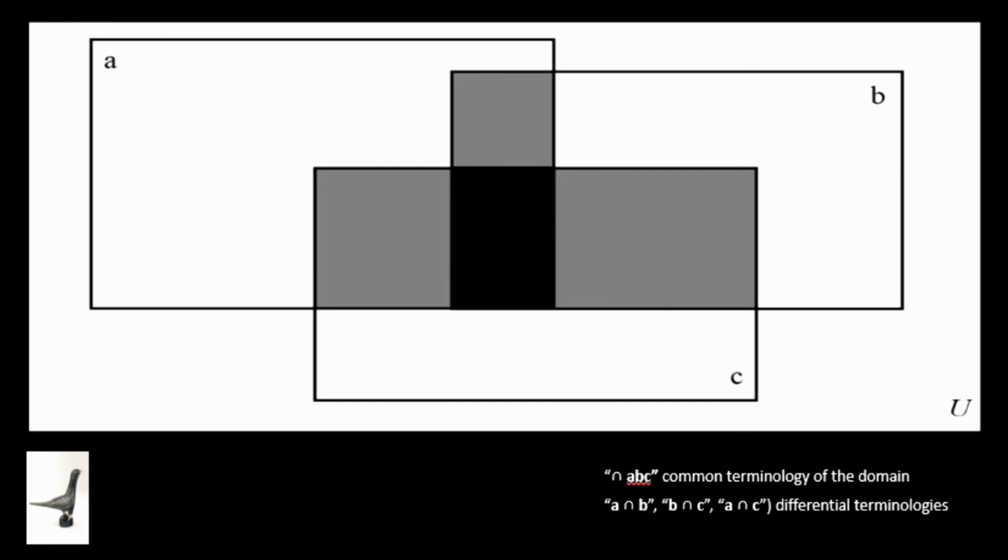Lastly, 3 additional sets where sets A and B, B and C, and A and C intersect can be seen, which, in this case, represent the differential terminologies used in museums and by specialists, in documents and by specialists, and in museums and documents. These sets would be a more specialized selection of the terminology, while the intersection of the 3 sets would be the most common.